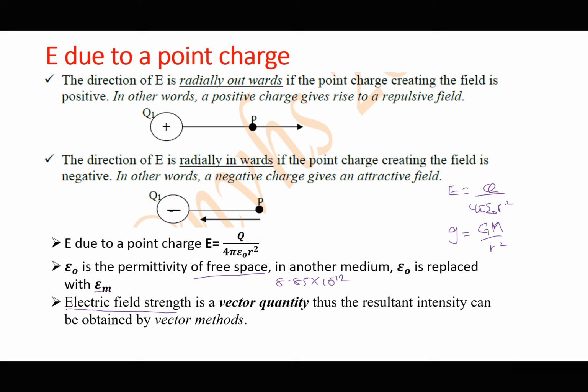You notice that in both cases, the field strengths are inversely proportional to the square of the separation. I'm talking about strengths because I'm considering two here: one is an electric field and another is a gravitational field. In other words, the field strengths follow the inverse square law. So, going back to electric field strength and ignoring gravitational field strength,